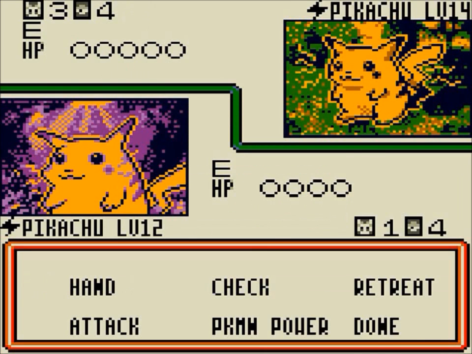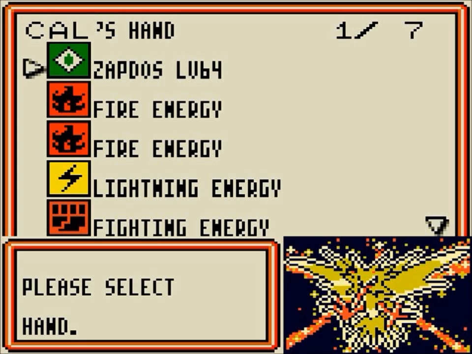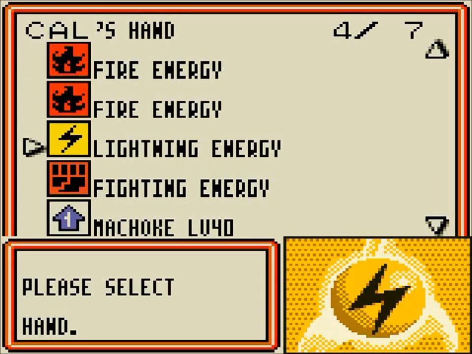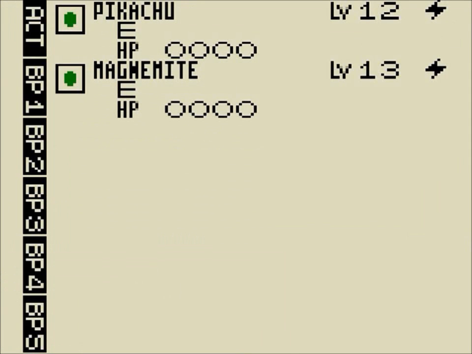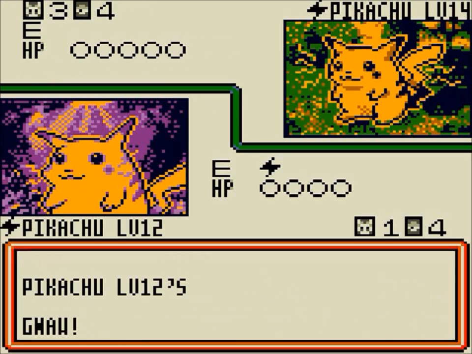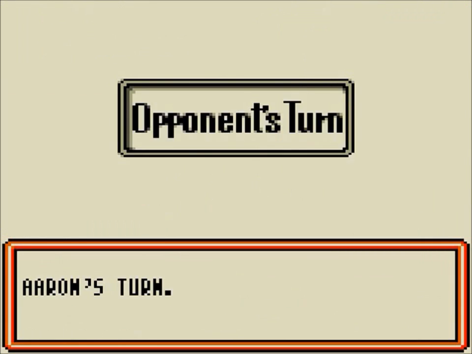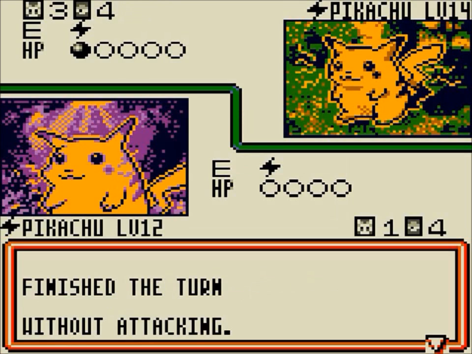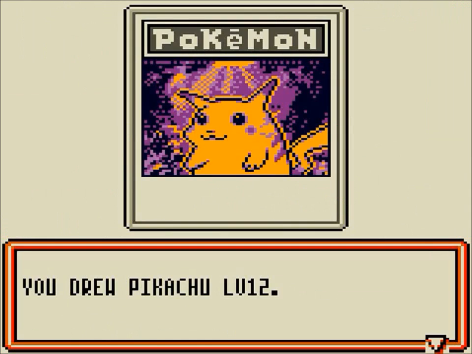Anyway, we have a Zapdos as well. I'm not going to play that down just now because I don't have any sort of energy for it. It's a really pointless card to have in your starting deck. Because seriously, think about it, it takes 3 lightning energy to do, like, anything. I'll show it next turn. It takes a lot of energy cards to do anything, so...